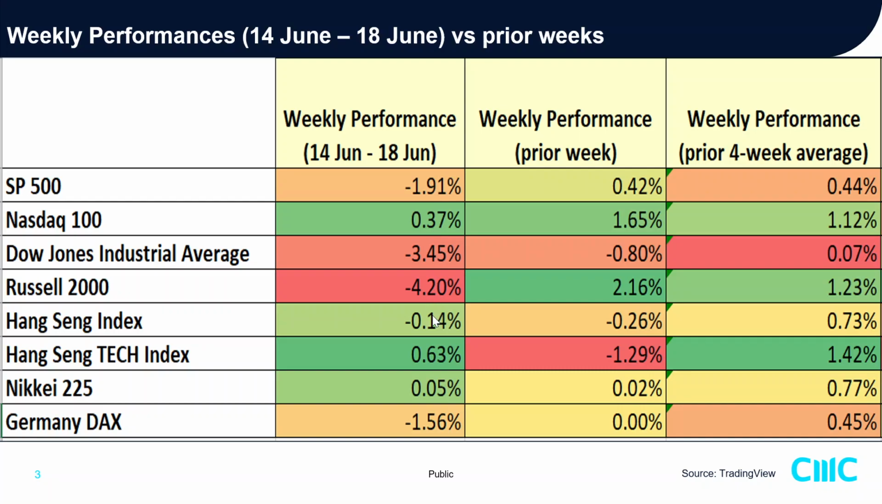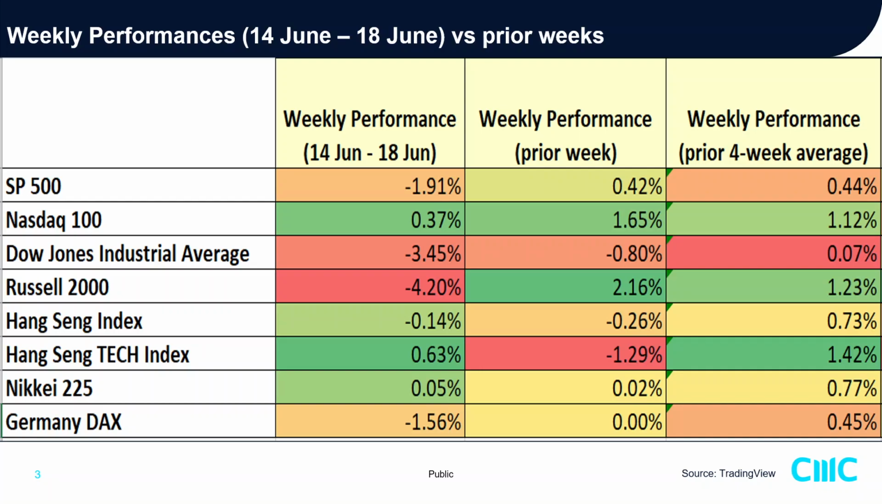So almost a slight minor loss for the Hang Seng Index, which is negative 0.14%, almost the same as the prior week average of negative 0.26%, and still below its prior 4-week average of 0.73. And what's interesting over here is the China big tech stocks, which are comprised inside the